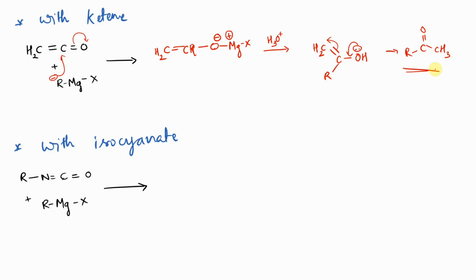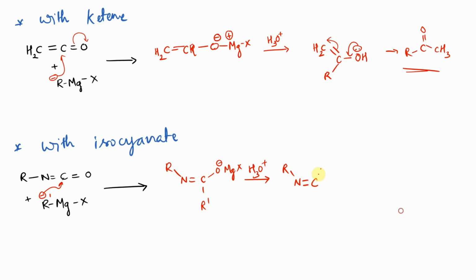Next, let us see how an isocyanate molecule reacts with Grignard reagent. It is almost the same kind of reaction. The alkyl group, let us say R prime, attacks the carbonyl carbon. So we get R, N, double bond C, bonded with R prime, O minus, MgX. When this is treated with protonated water H3O plus, it gives us R, N,